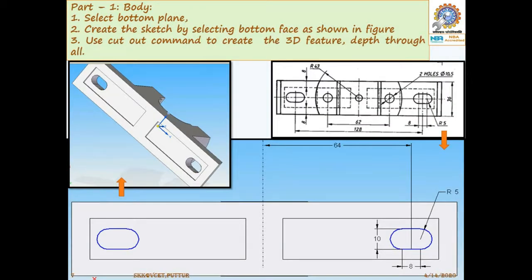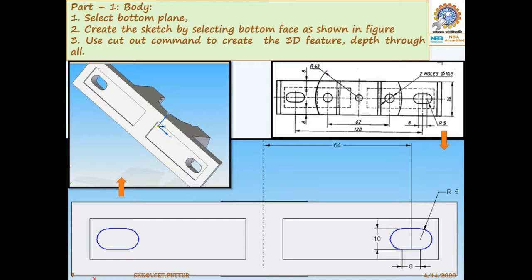Once again, in the same first part, select the bottom plane or bottom surface. Create a sketch by selecting the face, the same as given. Use the cutout command to create the 3D feature.